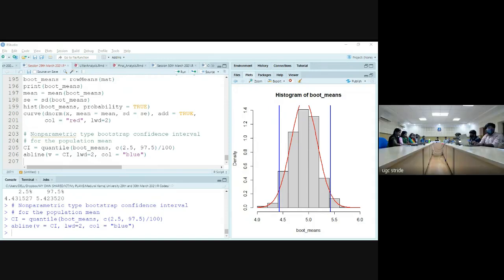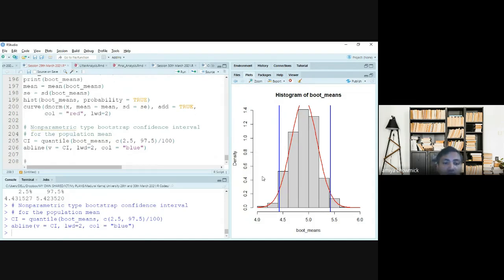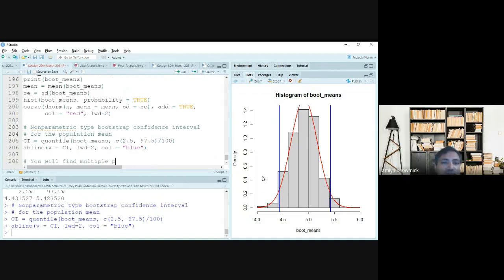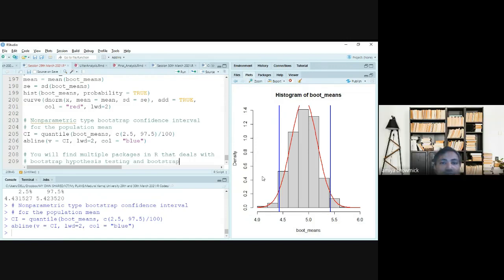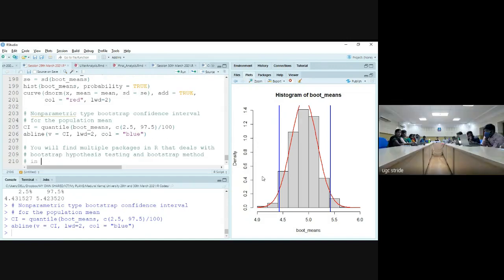Now I urge you to have a look at the multiple packages in R that deal with bootstrap hypothesis testing and the bootstrap standard error method in regression problems.